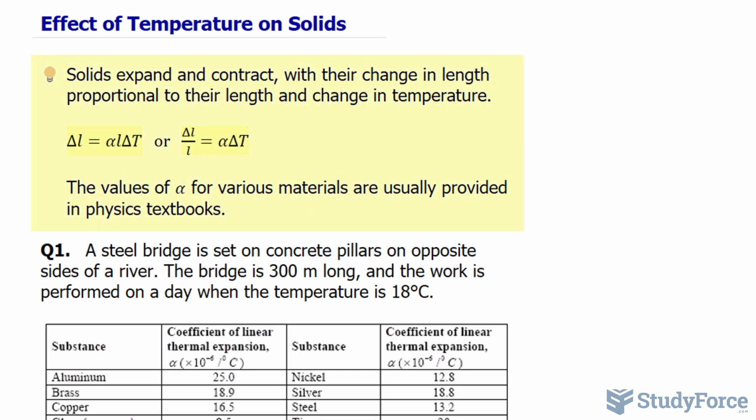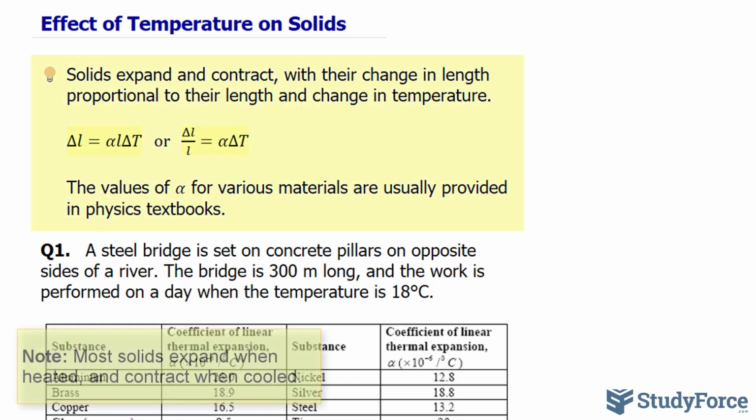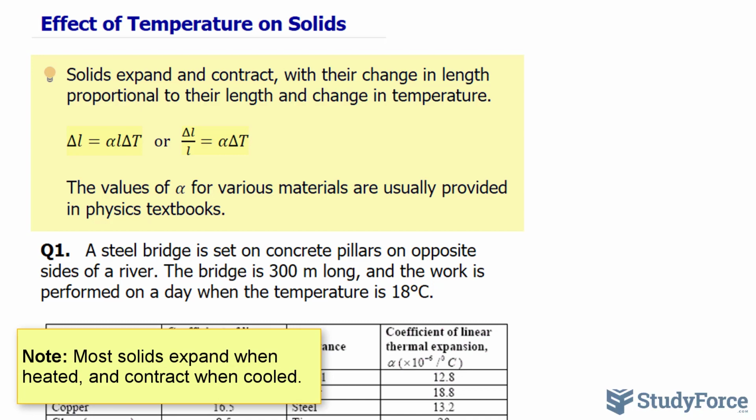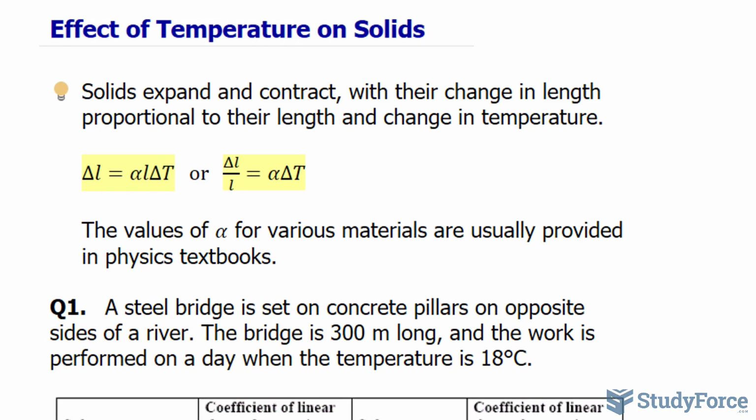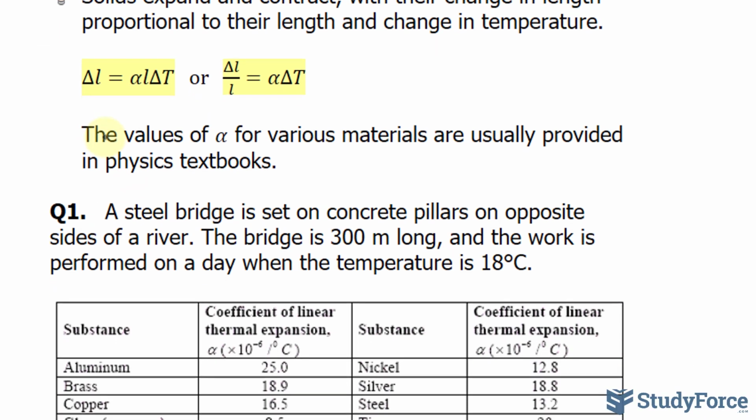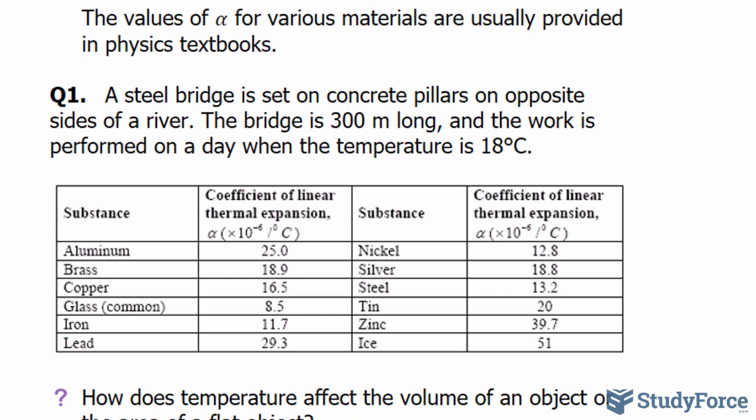Solids expand and contract, with their change in length proportional to their length and change in temperature. This is neatly summarized in this mathematical formula where delta L represents the change in length. This Greek letter alpha represents the coefficient of linear thermal expansion, and depending on the material, this value, which is a constant, will change. And these values are provided in your textbook, and I've also provided them in a table